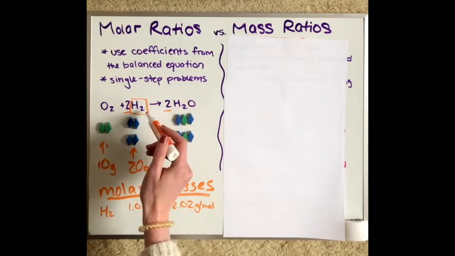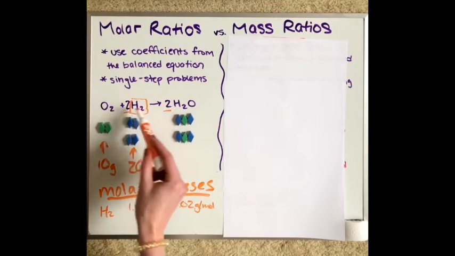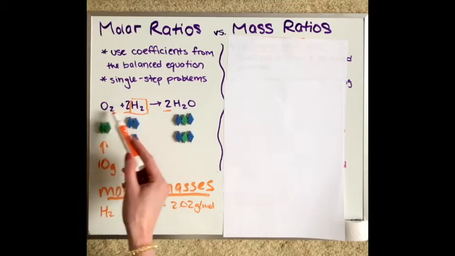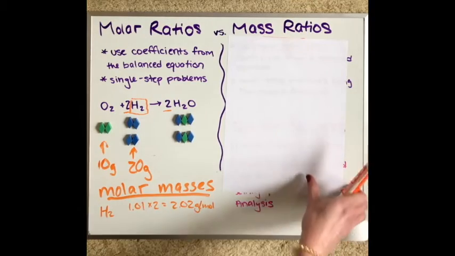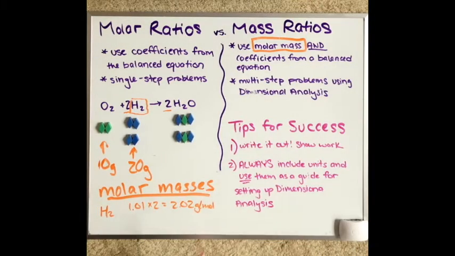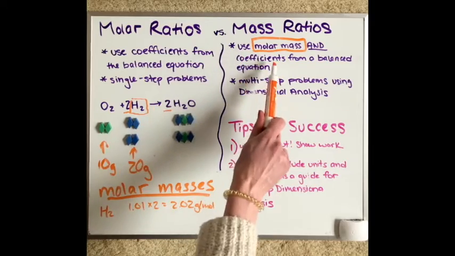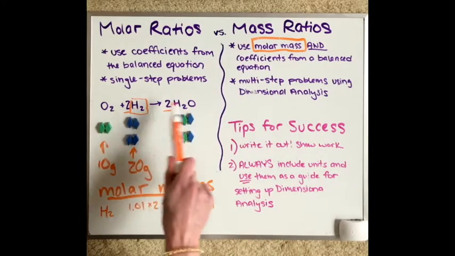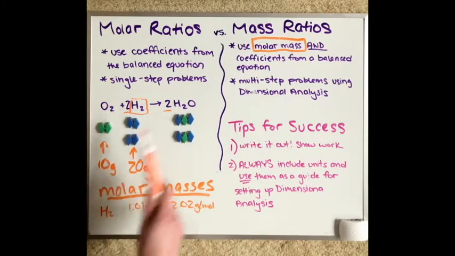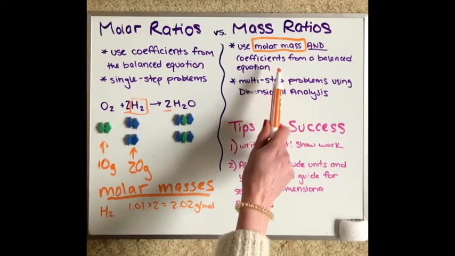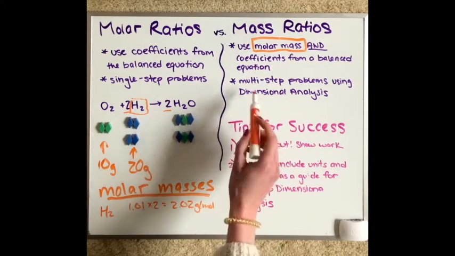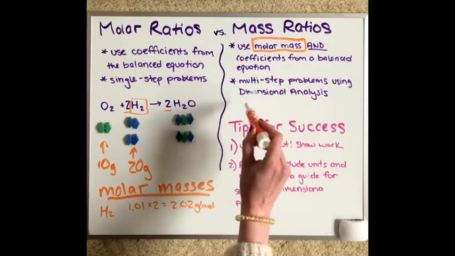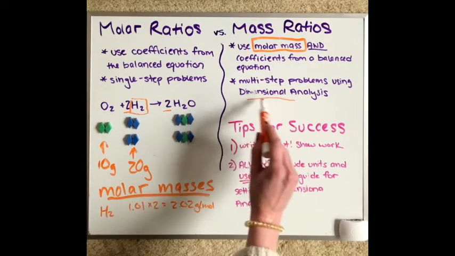Something that's super light and something that's a lot heavier is going to affect what your mass ratio would be. So when you do mass ratio comparisons, you're going to need to know the molar masses of the substances you're looking at. You need to use that and your coefficients from the balanced equation, and you need to do the multi-step problem by using